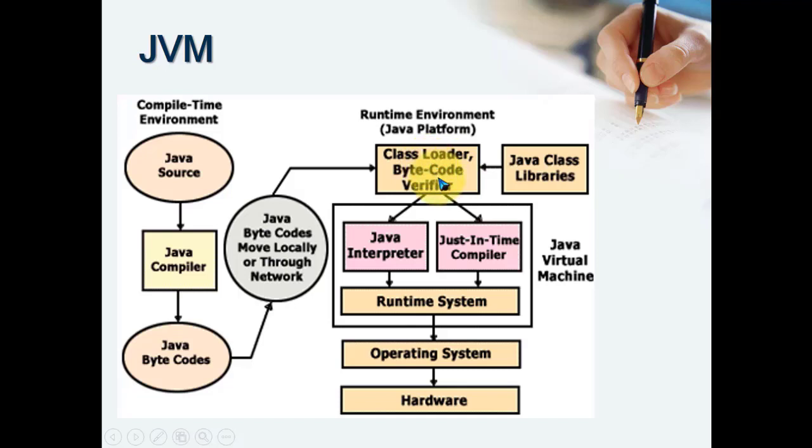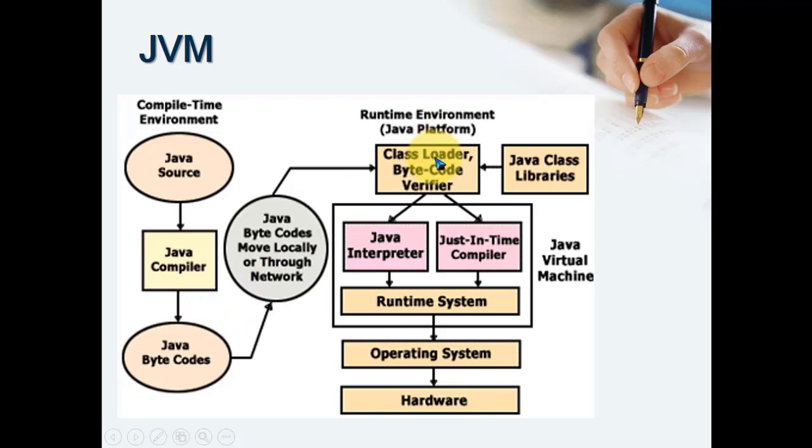Here is another component available, the bytecode verifier. Yesterday we saw that it is a security feature. The bytecode verifier verifies whether this code is Java bytecode or not. If this code is injected with some other malicious code, then the bytecode verifier rejects it, so it will not run in the Java virtual machine. After compilation it rejects, which means it will not execute, right?